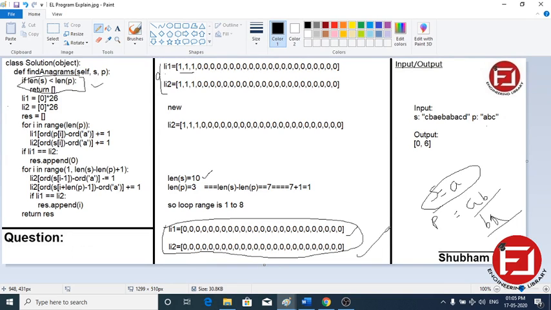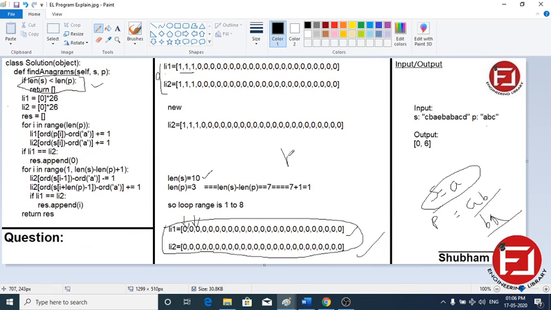What we are going to do is increase and decrease the count at the index given by the ASCII value. If a is present, we put it at index 0. If b is present, we put it at the first index. So how can we come up with this? By subtracting the ASCII value of a from the letter.